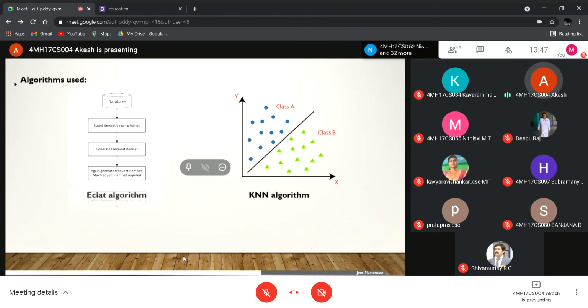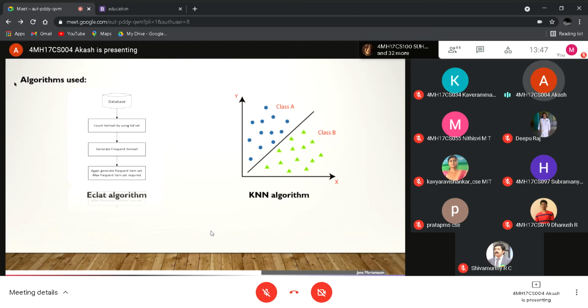So coming to the next algorithm, that is K nearest neighbor. It is used for classifying students based on the data and prediction values. This is a much faster algorithm than others as it works on numerical data sets, for which we have to convert string to numerical whenever necessary.